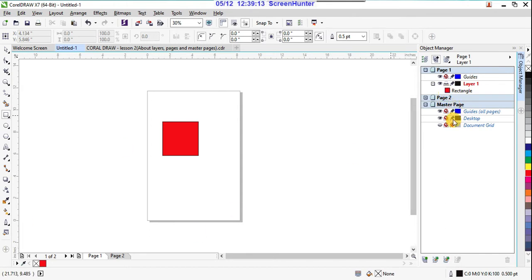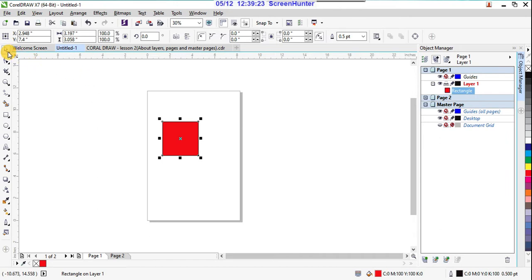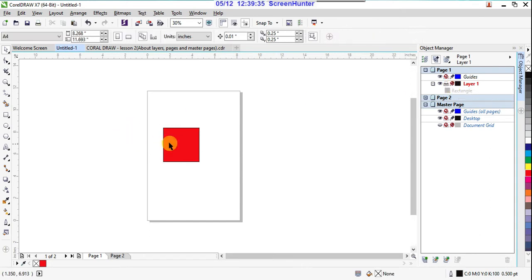right? And here it is lock or unlock object. Suppose, see, now you can use your Pick tool to move your object anywhere, right? But here I'm using lock or unlock, just click on that, now you cannot move it, right?